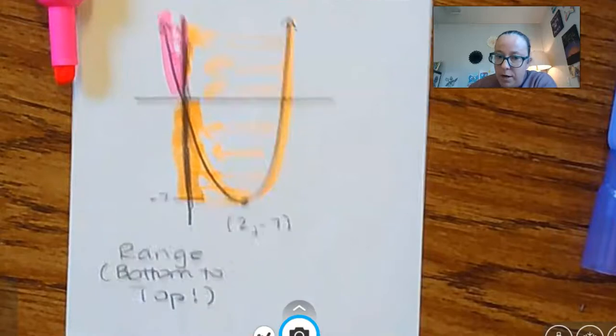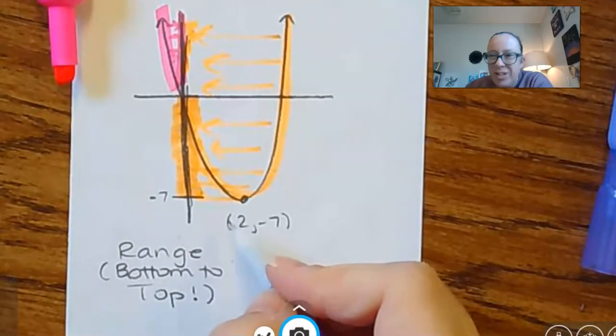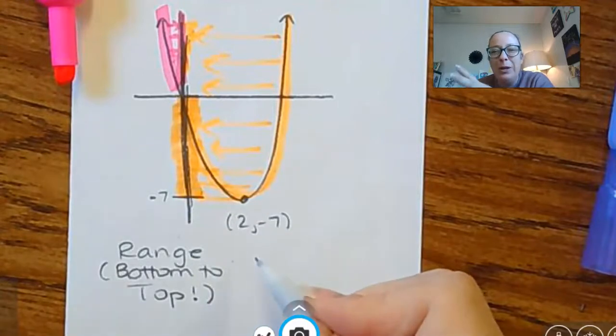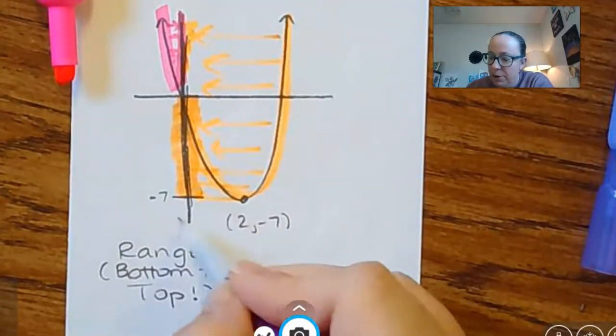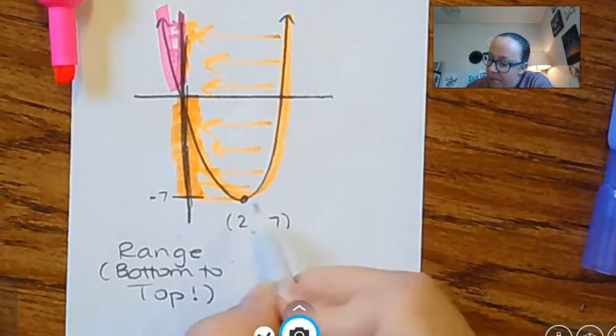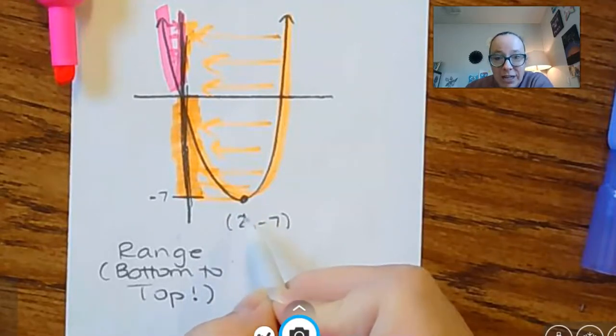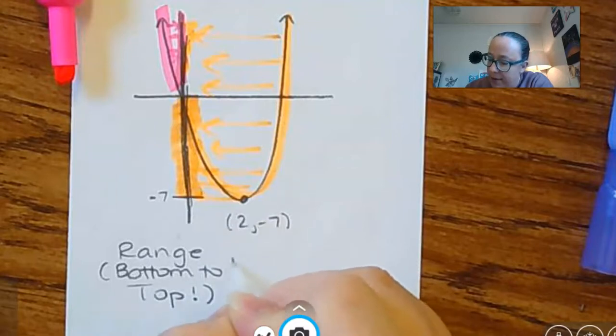It's very important, bottom to top. And so just like with domain, we go left to right, smaller to bigger, okay? So bottom to top, your smaller y values are down here. Now, this is a closed circle. That's the smallest y value. It is a closed circle, so it's going to be bracket,